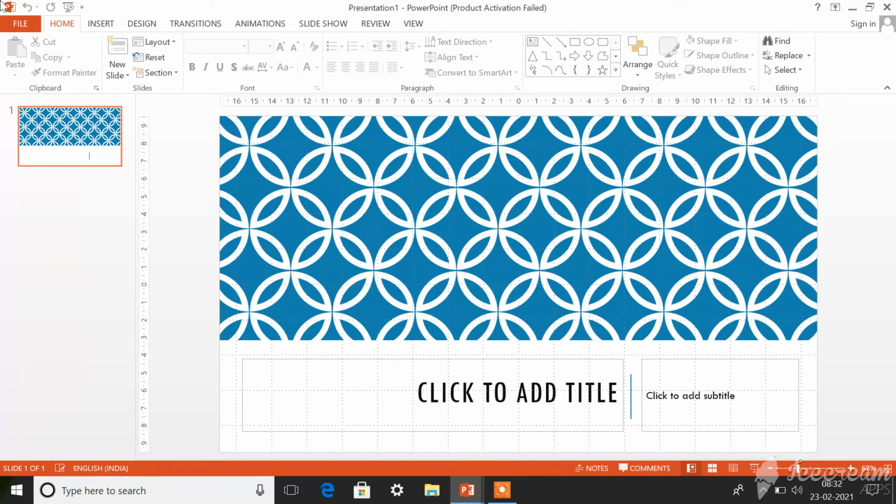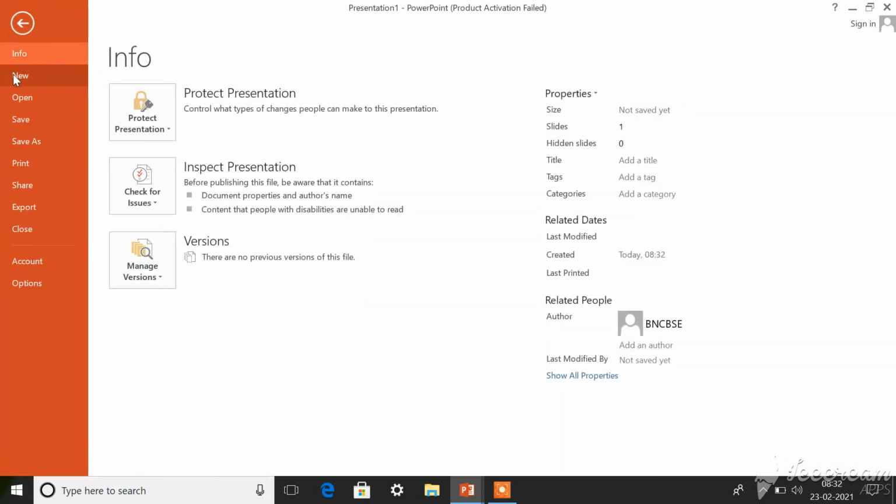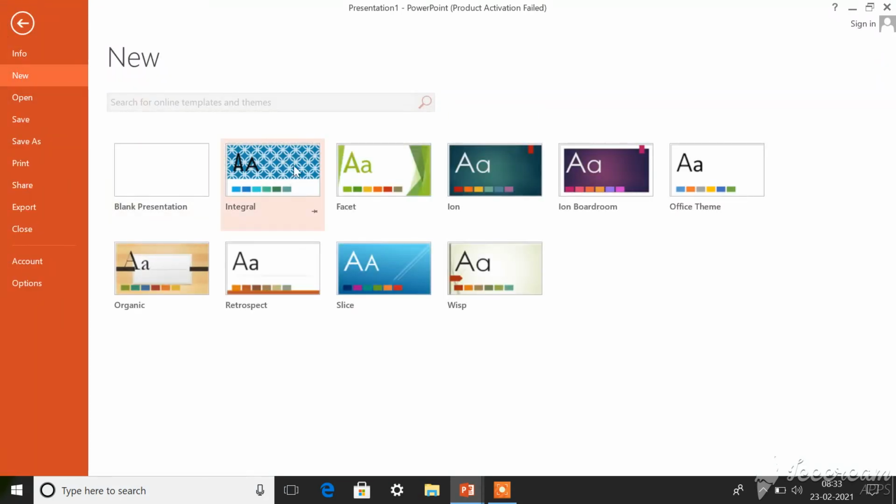For creating a template, you need to go to the File tab, click on the New option, and there you can select the design for your new presentation. If these designs are not enough for you, if you want some other templates, then you can use the search option at the top. You can click on that and browse online. All these options are for making your presentation more attractive. Now we have seen how to use templates and themes, and both are more or less similar to each other.